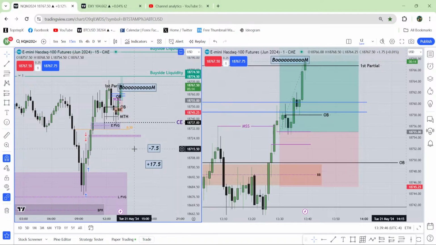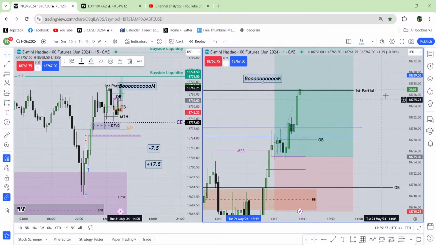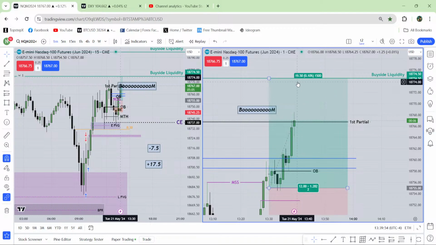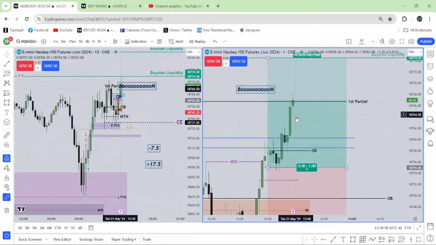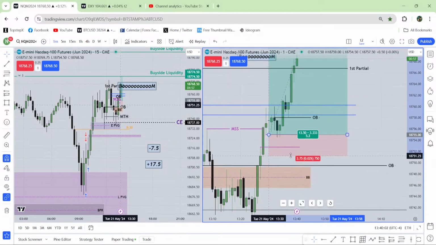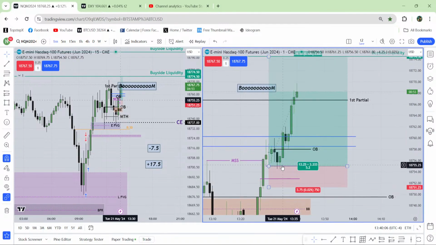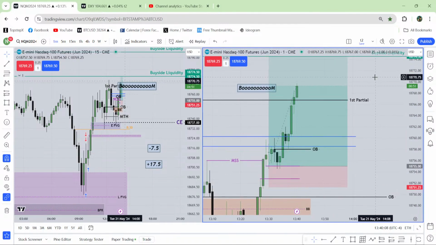That is minus. So that was the first entry and that was the second one. As I told you, I don't know if the market is going to take that buy side liquidity right now, or it will spend a little more time over here. By the way, my stop loss is over here now. I will just take a 3 handle stop loss, or maybe move to break even. Okay, just think that my stop loss is at break even.